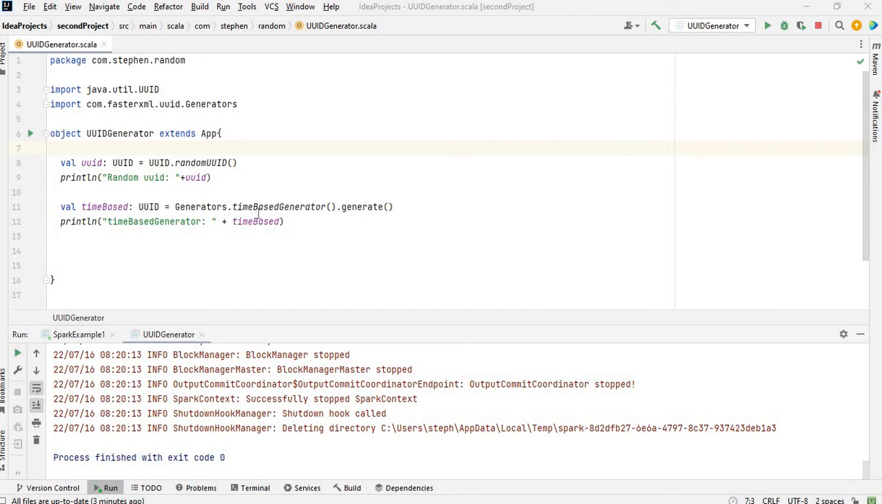So this is a video about how to set a Spark partition and how to get a Spark partition. By default, Spark has 200 partitions. So I'm just going to show you how you can get that number and set a new number of partitions